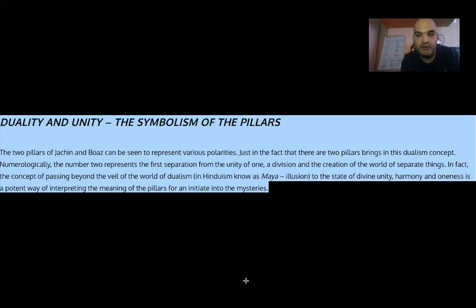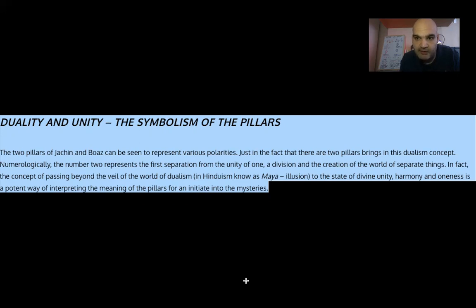brief for everyone. So, duality and unity in the symbolism of the pillars. The two pillars of Jachin and Boaz can be seen to represent various polarities. Just the fact that there are two pillars brings in the dualism concept. Numerologically, the number 2 represents the first separation of unity of the one, a division and creation of the world